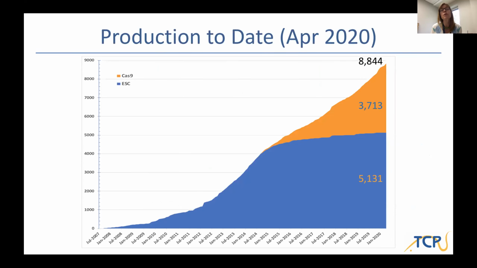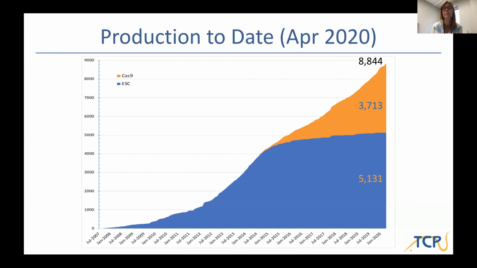And what have we produced? The phenotyping obviously lags behind the production. So we've produced to date over 8,844 model or knockout mouse lines in unique genes. There are about 9,500 mouse lines in total, but that accounts for 8,844 unique human ortholog genes. About 5,100 have been made by ES cells and about 3,700 using Cas9 technology. I'm not going to go into the details of what these alleles look like